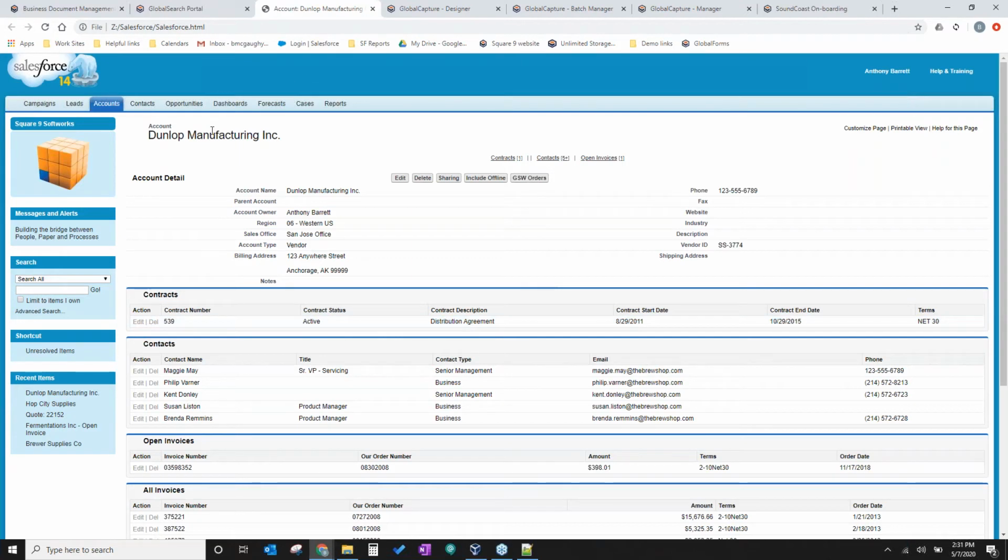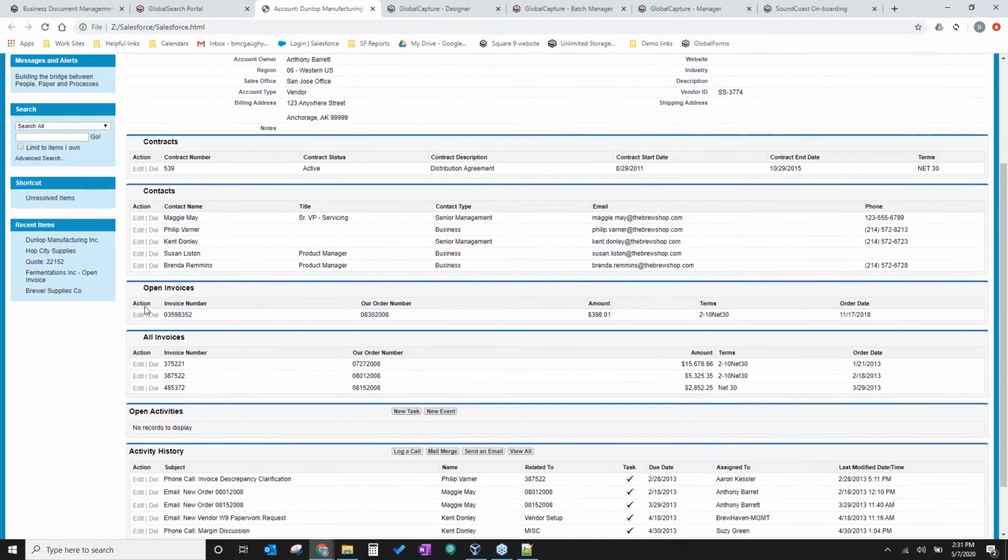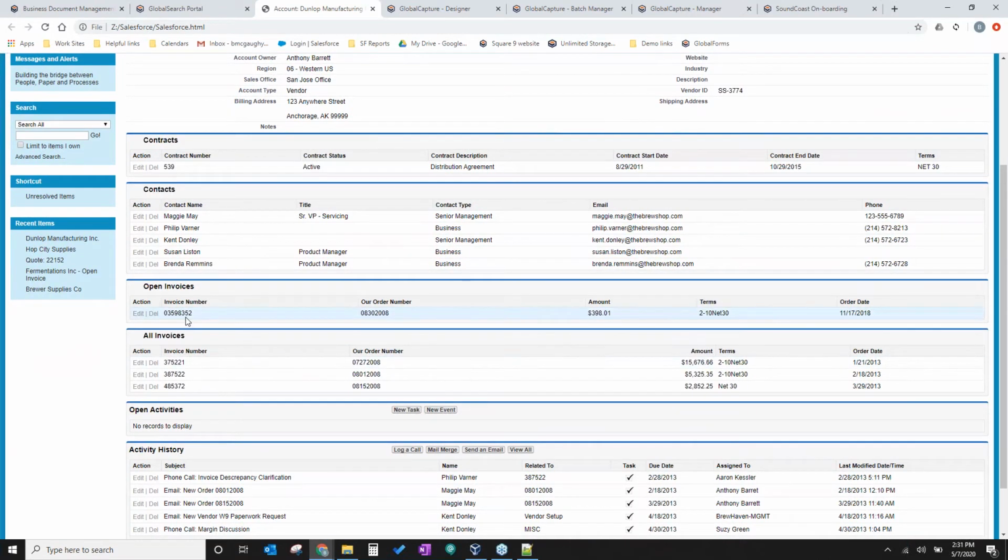In this case, I've got my Dunlop Manufacturing account, and I can see all my open invoices in here. Imagine a customer calls you up and says, hey, I've got this invoice, and gives you the invoice number. You're already open in the system, and you want to access that document right from your accounting system. So we use what we call image exchange, and using just a hotkey,